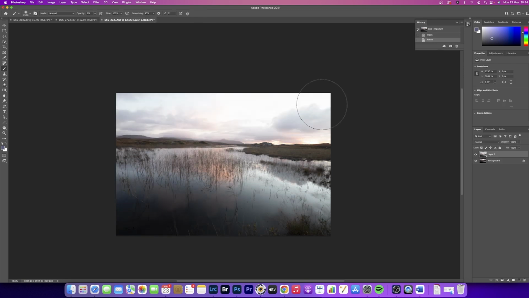Okay, now that's dropped the lighter file on top of the darker file, and you can see down in our layers now we have the original background, which is the darker file, and we have the lighter file on top. Okay,